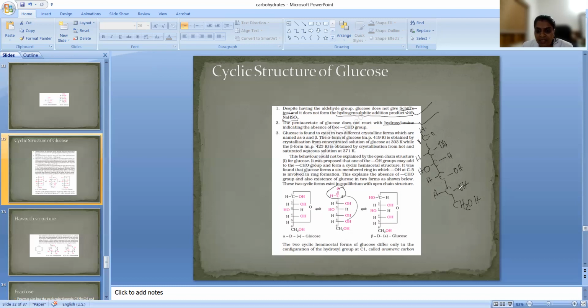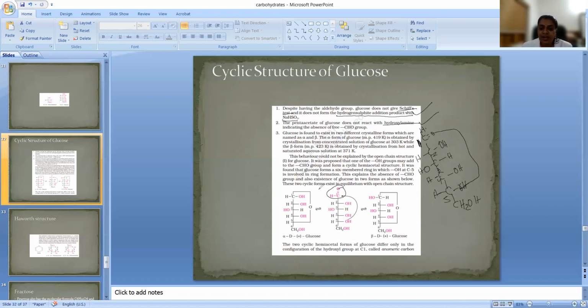In these two positions, what is actually happening here? This OH group and this CHO group are fusing together, water is eliminated and a ring is formed. So this is the first position, second, third, fourth, fifth position. This OH and the aldehyde group are fusing together. What is eliminated and what are we getting? We are getting CHOH here, and O is going to fuse between them.